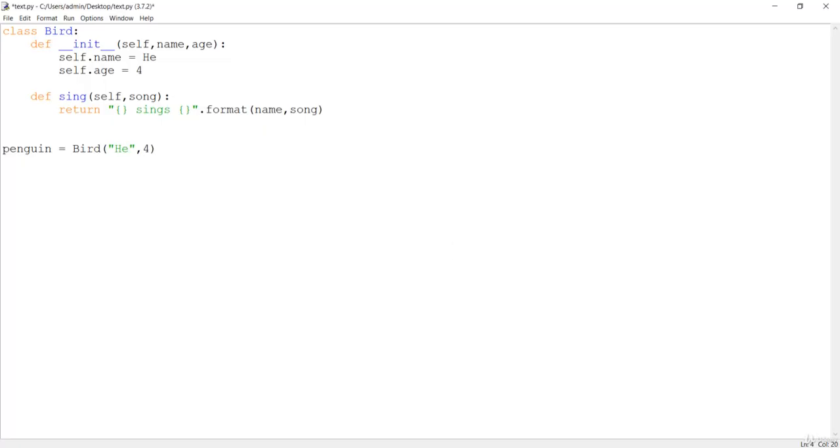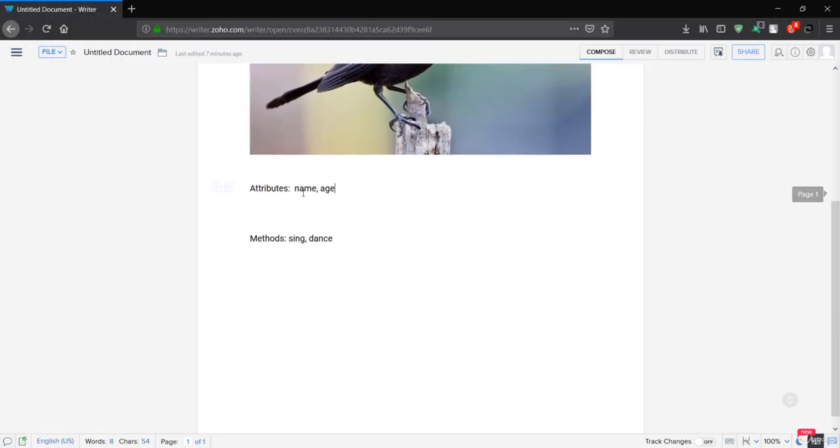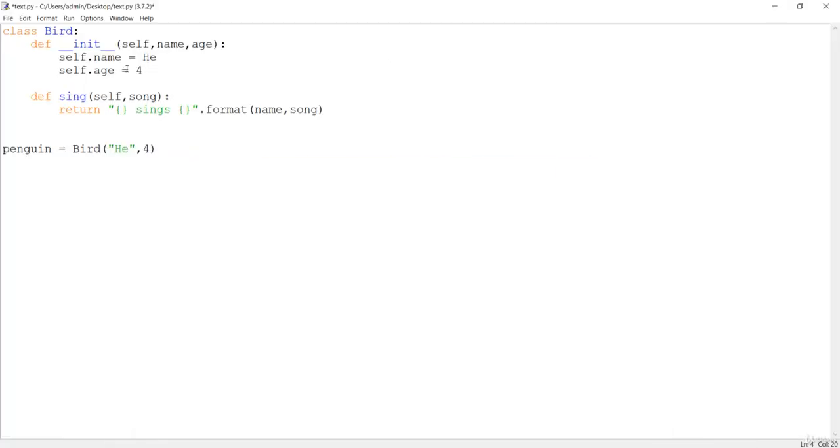If I talk about the attributes or properties of the object, that is name and age, we are just saying, okay, assign this bird's name and age as the class attributes. So we are just doing that. Let me roll it back again, and now if you see here, we are creating this penguin object. So that means we now have name and we now have age.